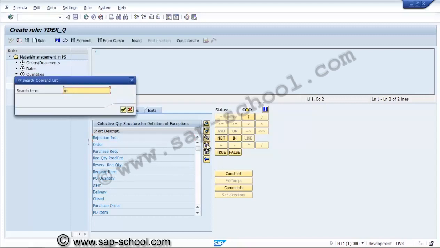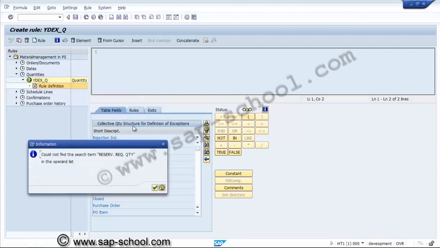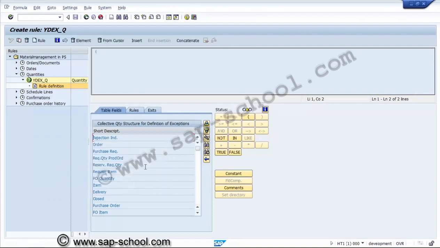The reservation required quantity is here only. The reservation required quantity should not be equal to the quantity for availability check. We can consider this way.